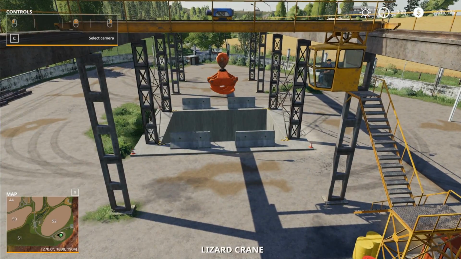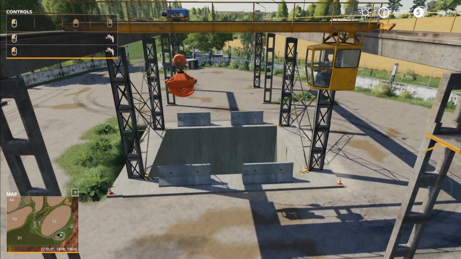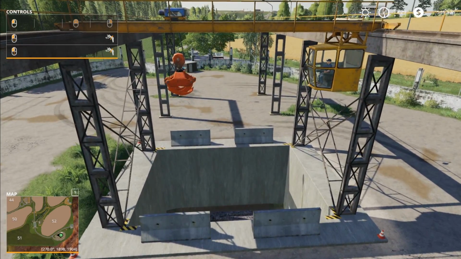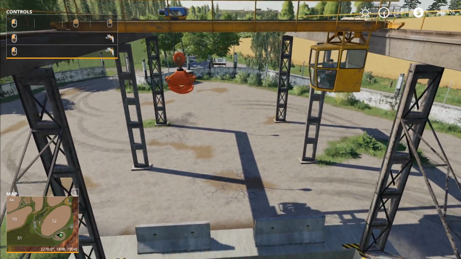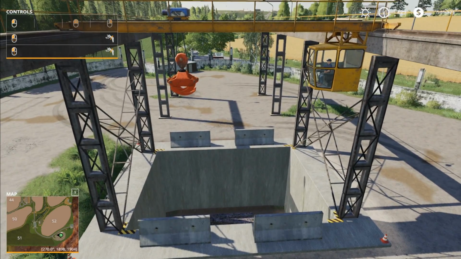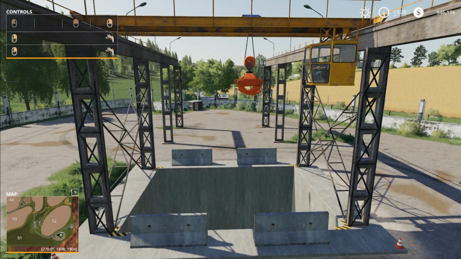There we go. So, I'm just using my mouse control, so it'll be different, obviously, for console players and everything like that. That's me going left to right, holding down left mouse button. And that's me going up and down, holding down left mouse button. Right mouse button, nothing up. Oh, there we go. Up and down is that. Left to right turns it. And...